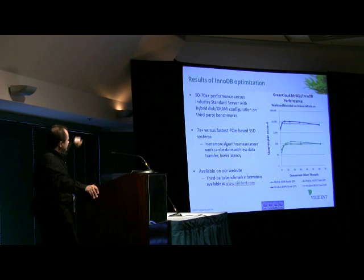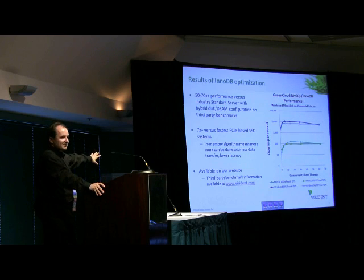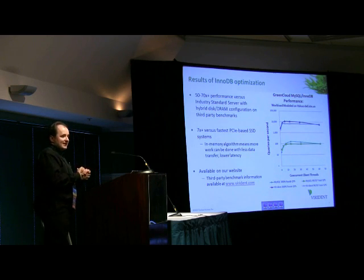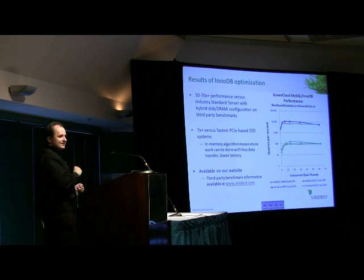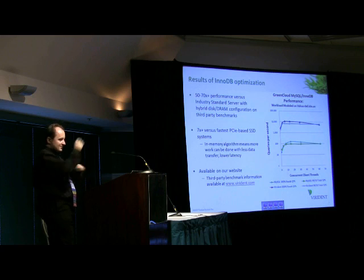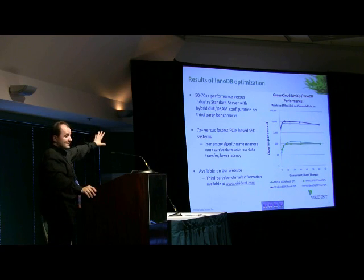Now, this is the 50 to 70x performance. You're probably thinking, oh yeah, sure. All right, please go to our website. We've got a third-party benchmark describing the exact database, the exact schema, the exact queries we're talking about. But the key here is the multiplicative factor of only reading what we need, as well as not doing that user-kernel-user transition, which enables MySQL